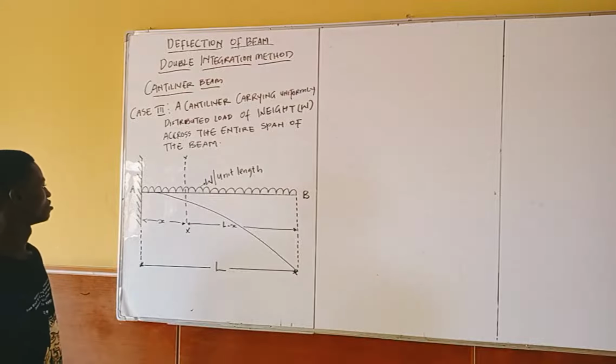Now, in this case I'm considering this section. When I'm considering this section, I have a uniformly distributed load from this end to this end. Let me call this point C. From point C to D, I have a uniformly distributed load, and the length is L minus X. For me to convert this to a point load, I will have the weight acting at this center, and it will be acting at L minus X over 2. So for me to get the moment at this section, I know that my weight is